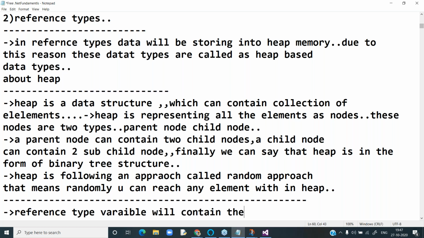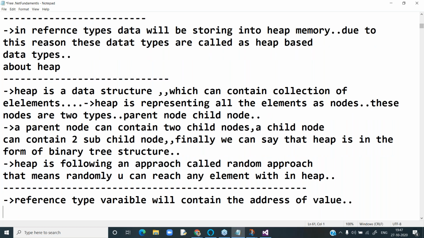Class, interface, and delegates are called reference types. Example for reference types.